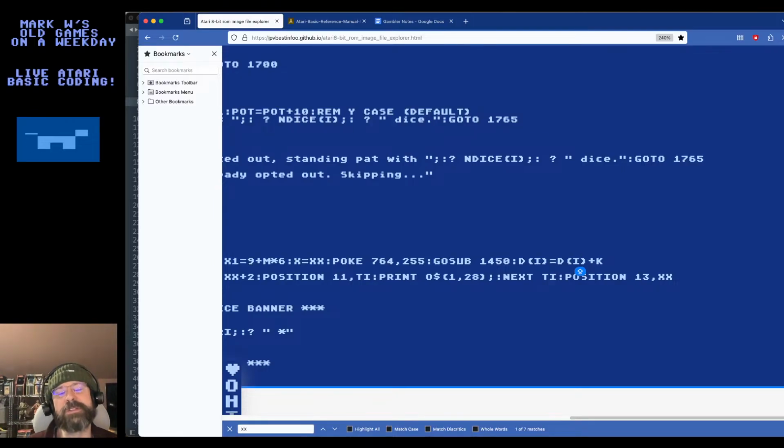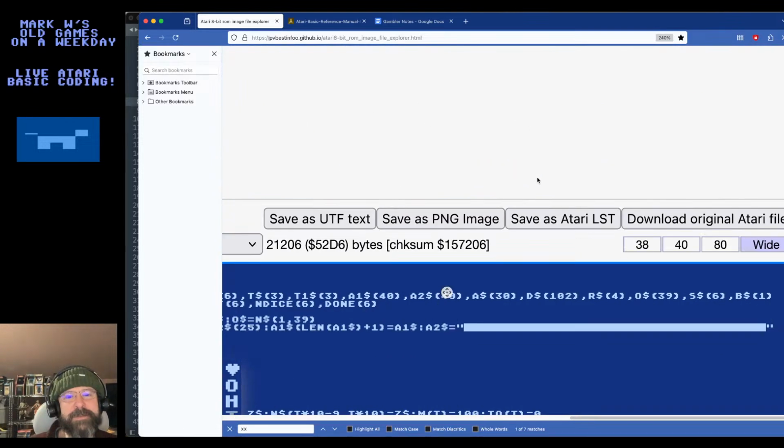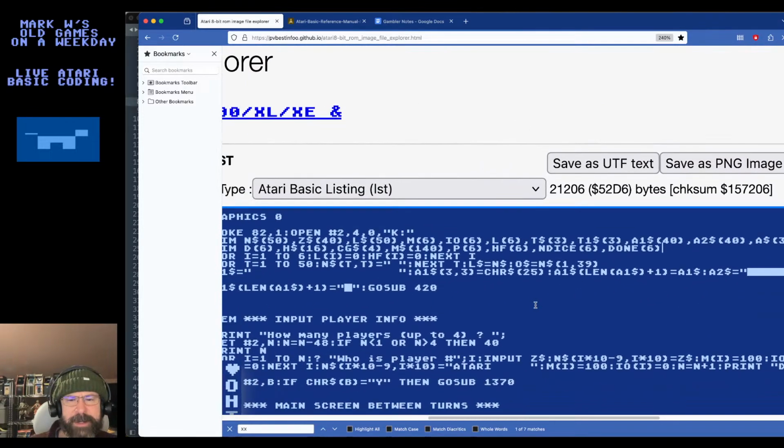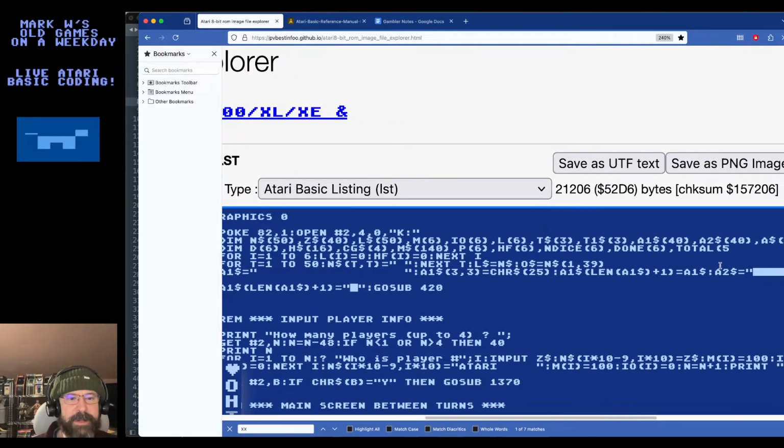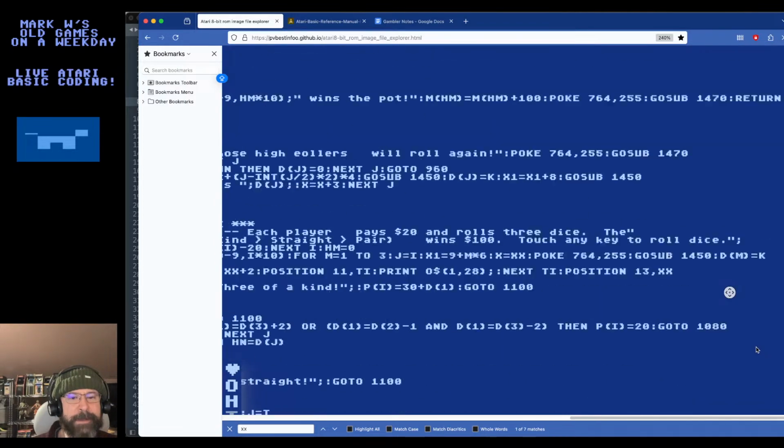What I mean is we're using D because that's used for dice in other parts of the code, and I feel a little weird doing it. So I'm going to make a new array, and this is not memory efficient, but I don't know what I'm going to call it. And again, I'm not being efficient with my names. I'm just going to make an array called total, in which we stick these mini game totals.